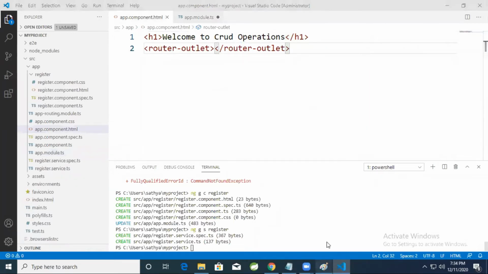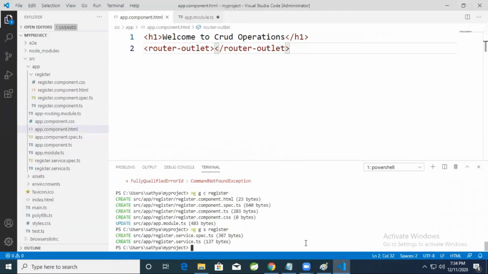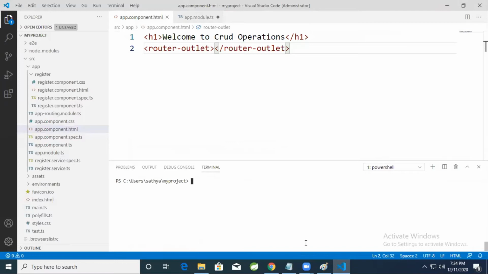Now I want to create one database, that is the db.json file. In order to create one database, you have to start the JSON server. So what to do, I'll clear the screen. The command to install the JSON server is npm install space -g space json-server.